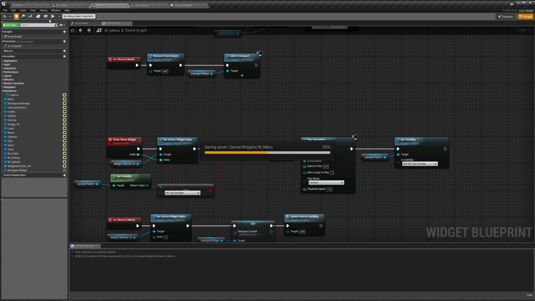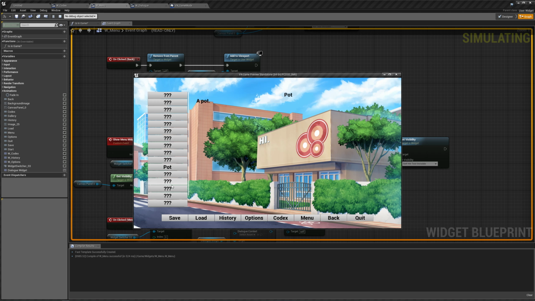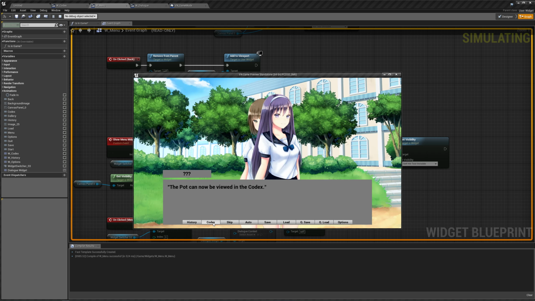Let's try this one more time, and we hit play, start, go to our codex, and we can now click on stuff. If we hit back, it does what it used to, and now our codex can't pop up, because